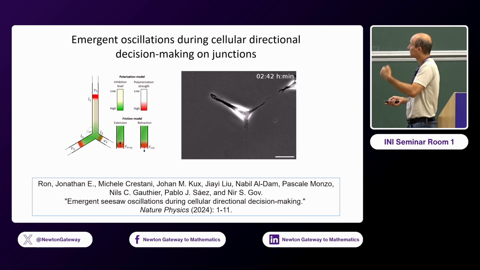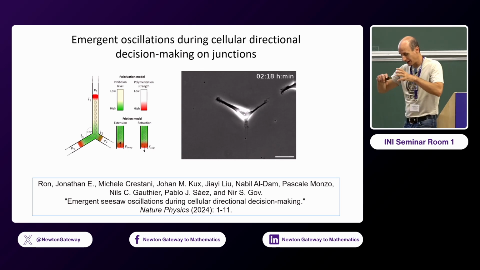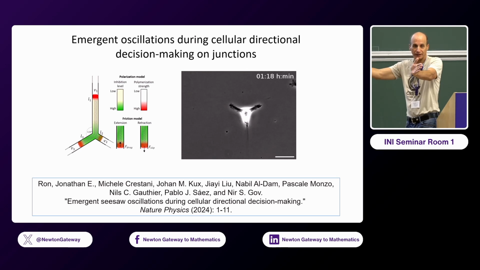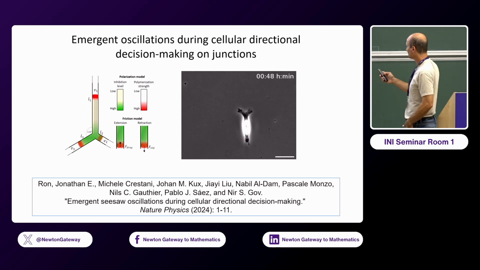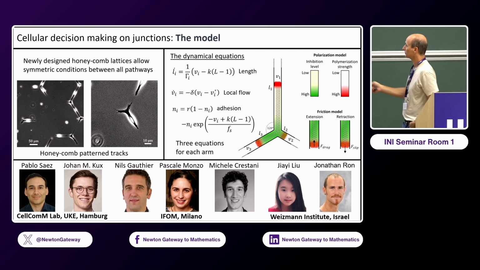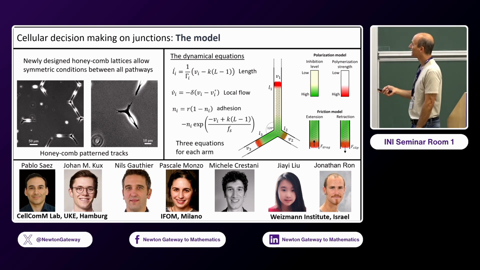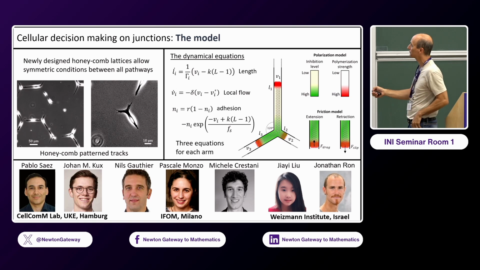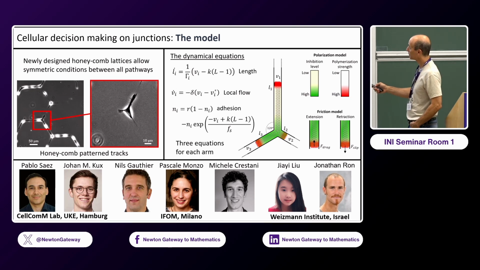Okay, now let's move towards the networks. So before we talk about a highly bifurcated cell, the simplest bifurcation that you can think of for a 1D cell is just to split it into two arms in a junction. And that's what you see here in this symmetric 120-degree Y junction that was constructed on this hexagonal network. So yeah, many faces, because many people contributed. And the idea was to focus not so much on what happens when many cells interact. That's too complicated for us at the moment, but just to focus on what a single cell is doing in